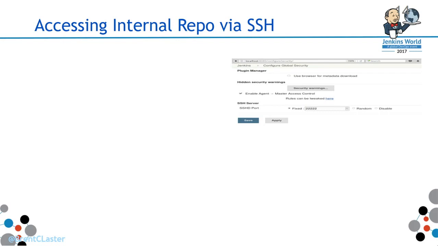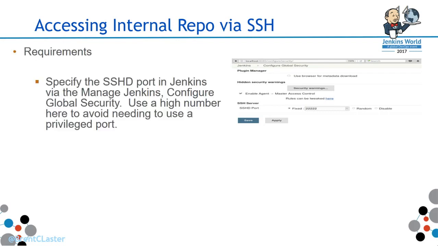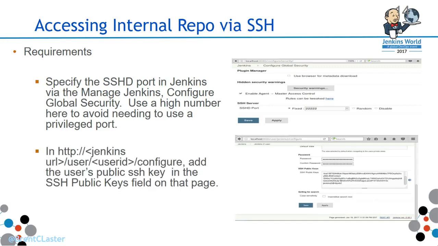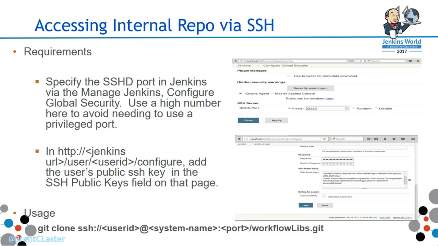You need to actually go into the internal or the global security, Configure Global Security section under Manage Jenkins, and put in a port number to get an SSH server port number there. We use a high one to avoid a privileged port in there. And then in the user configuration, you add in your SSH public key there. If you know what SSH is, the public-private key, you add in your public key there. And then after that, you should be able to clone it down. You can just do the git clone command as shown there,